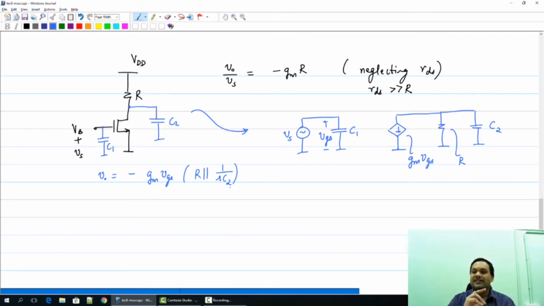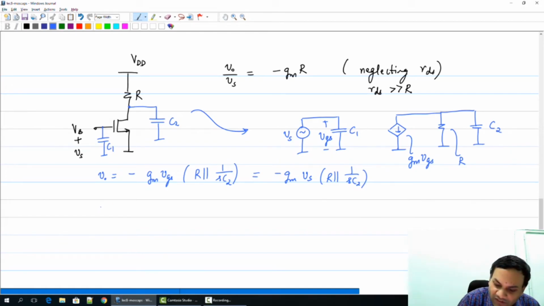As you can see, since Vs is assumed to be an ideal voltage source in this case, the voltage appears directly across C1, and you can write VO in terms of Vs in this manner. Now what is the expression for VO by Vs? VO by Vs is nothing but minus Gm into this expression,